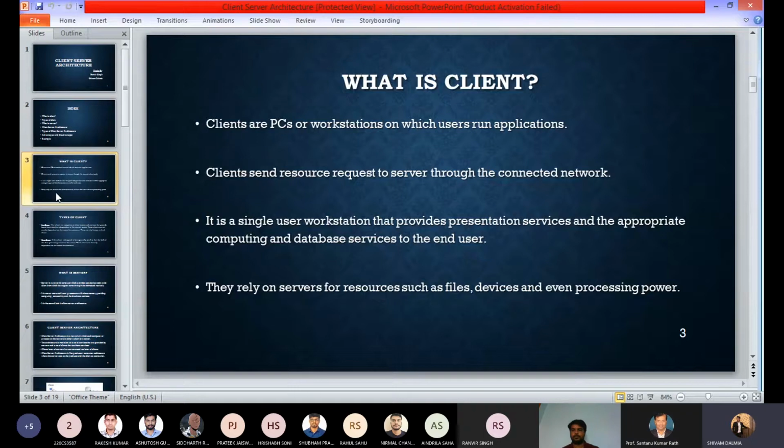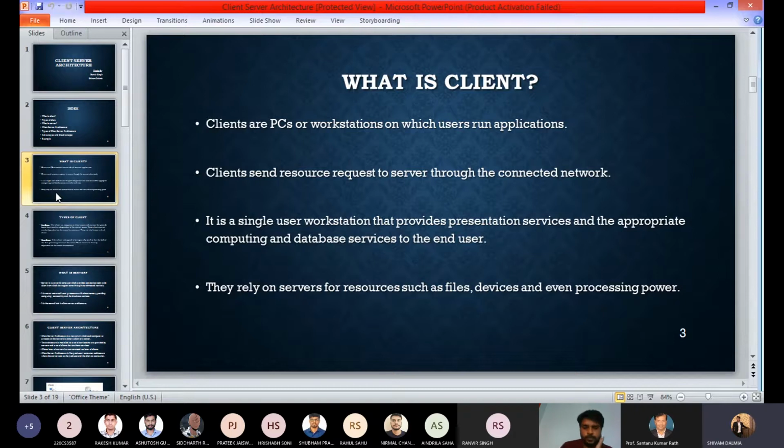Like when you go to a Google page, or when you log into a Facebook page, those are all examples of the client. At that moment, the client, that is the Google page or the Facebook page, fulfills the need of the user. If I am going to a Google page, my requirement is that I want to search something. If I am using a Facebook page, I want to log into my Facebook account. The interface provided to me by Google or Facebook can be said to be a client.